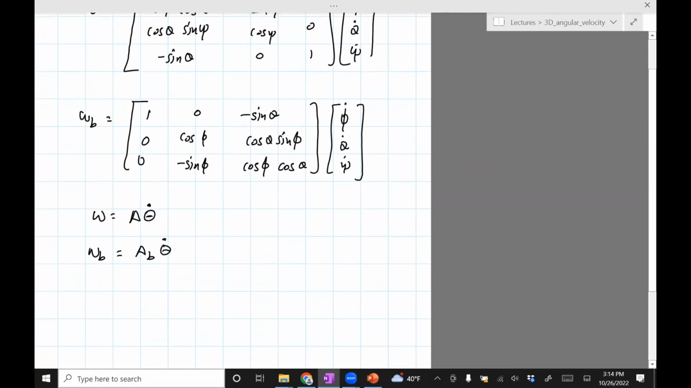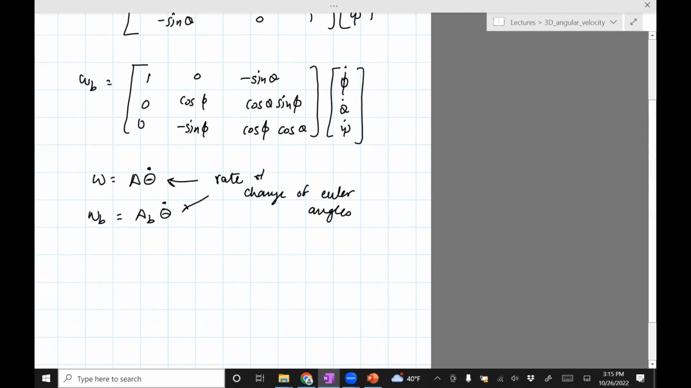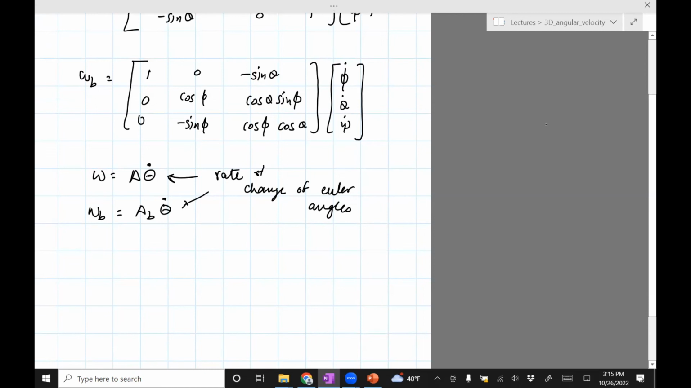So this is basically telling you that you can write omega and omega B as a function of the rate of change of Euler angles. In a typical problem, you will either know the Euler rates and compute omega, or you're given omega and you'll compute the Euler rates. If you're given the Euler rates, then omega is simple, but if you want to compute theta dot given omega,